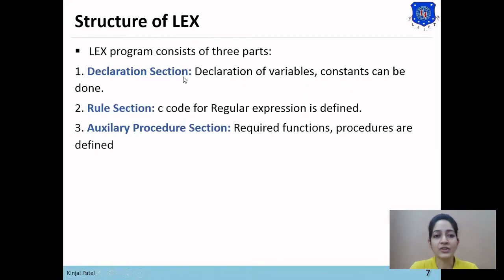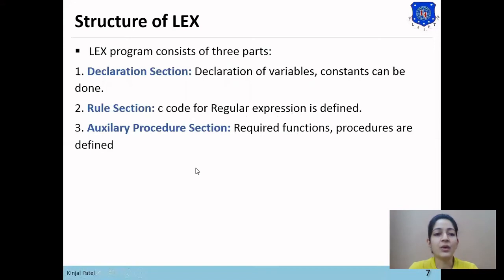The first one is the declaration part, where declarations of variables and constants will be done. The second part is the rule section, where C code for regular expressions will be defined. And the third part is the auxiliary procedure part, where required functions and procedures will be defined.